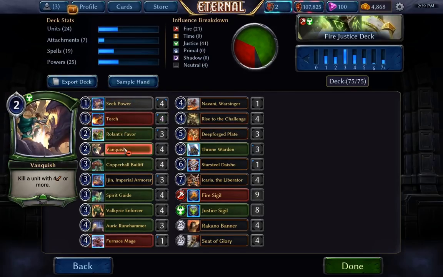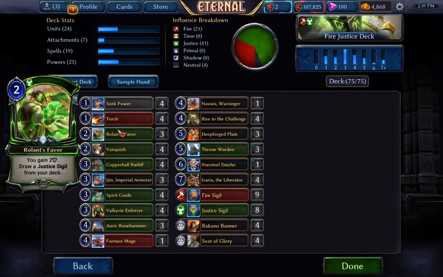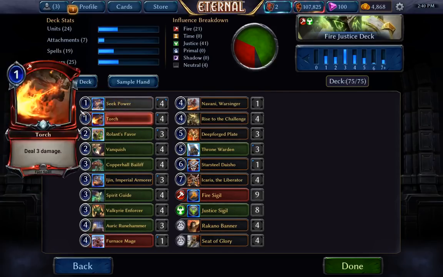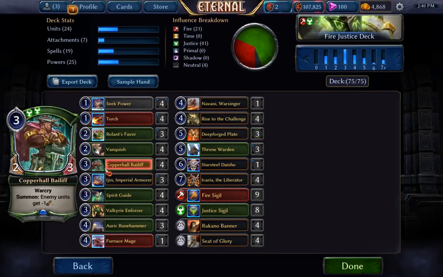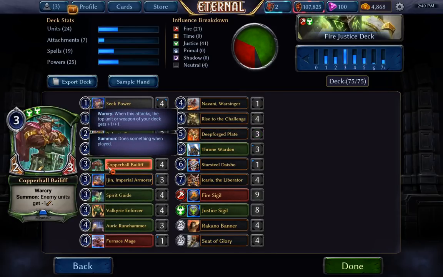Because chances are your opponent won't have a unit you can vanquish on turn 2, and Roland's Favor just gets you a power. So really you just have 4 torch to do in the first 2 turns. And this deck's quite slow, so you do kind of have to depend on drawing some of these to slow your opponent down when you're